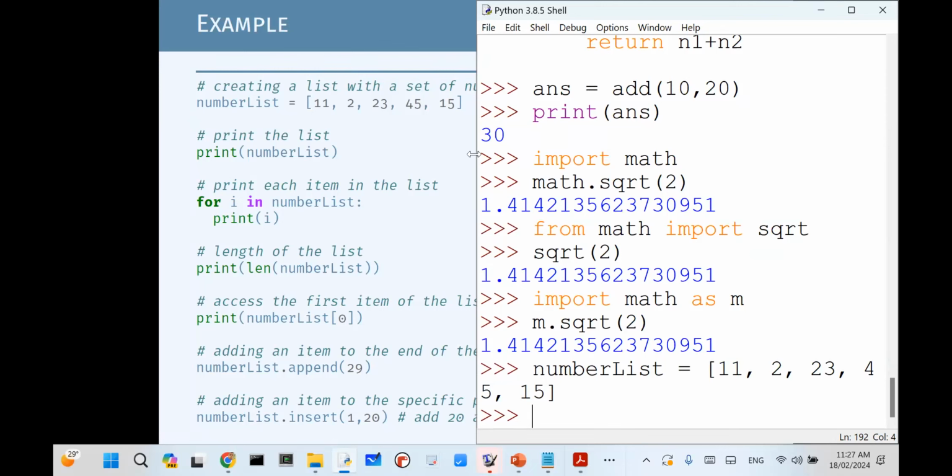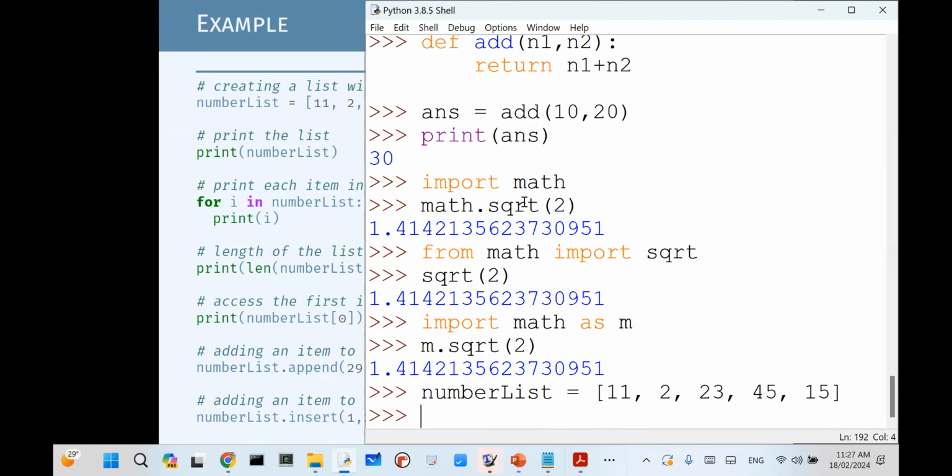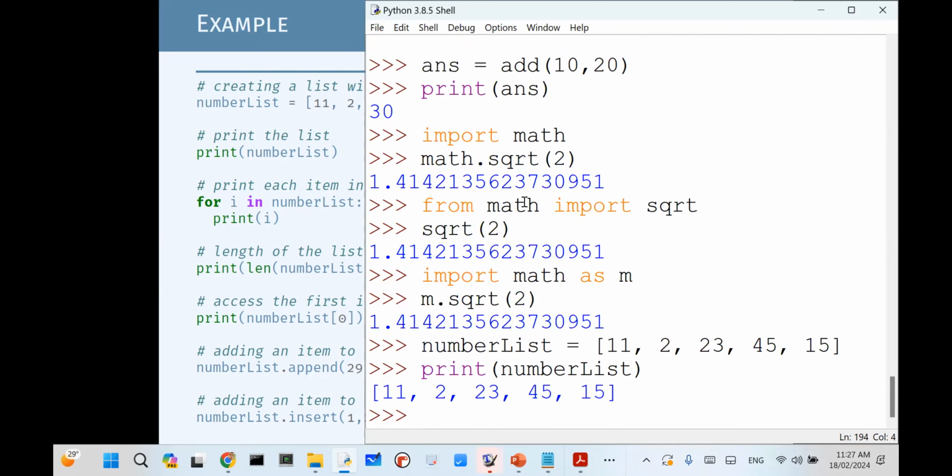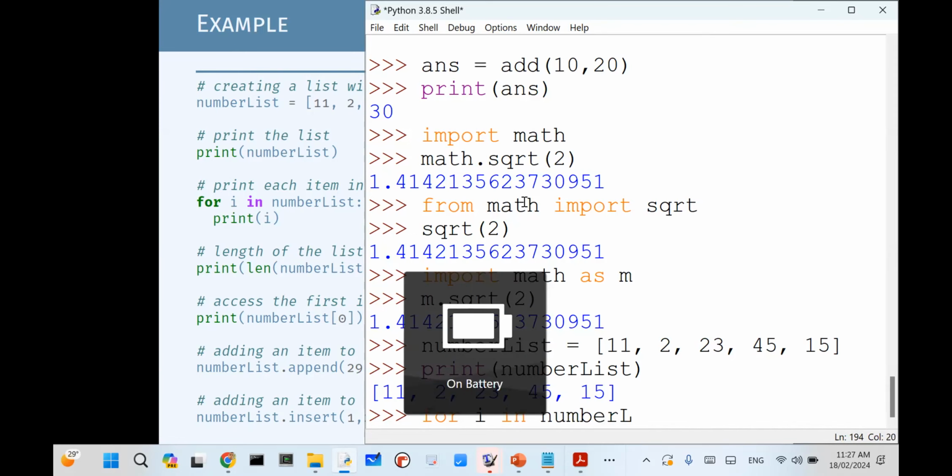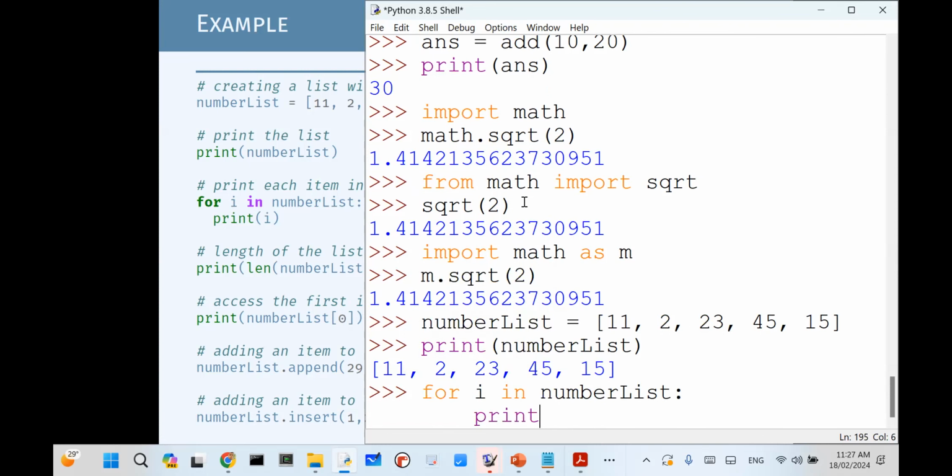So we have included several numbers inside one single name. So if you print the number list, now you can see everything will be printed. And you can also print one at a time, like for i in number list, print i.